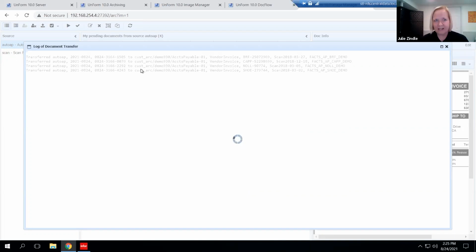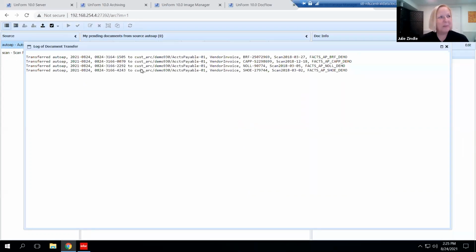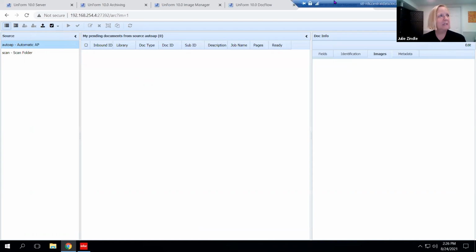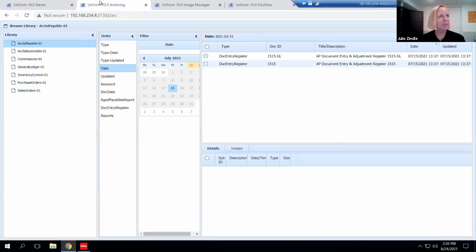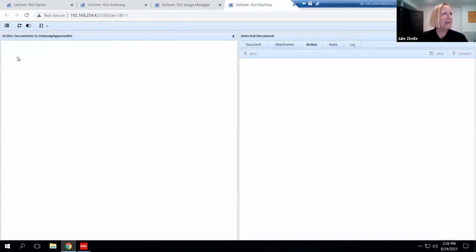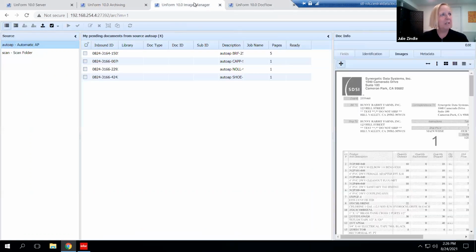On the FACTS side, to relate the two, it's going to bring it into the PO invoice receiving section of your system. And it does 2 things. It transferred them, and it also brought them into the archiving portion. So you'll be able to see your AP documents in your archive, just like you can on the SX.e Cloud Suite side. Okay, so our documents now are no longer in the image manager.